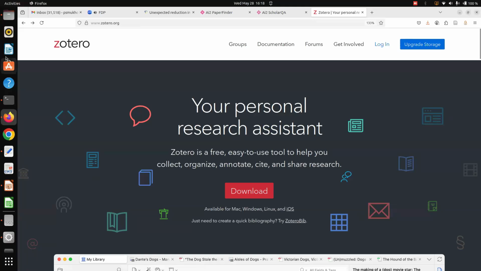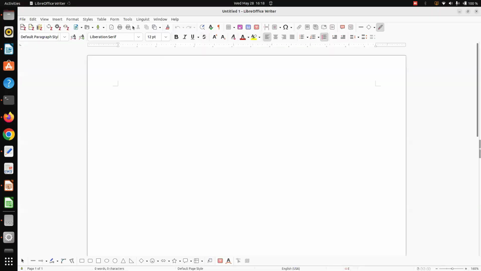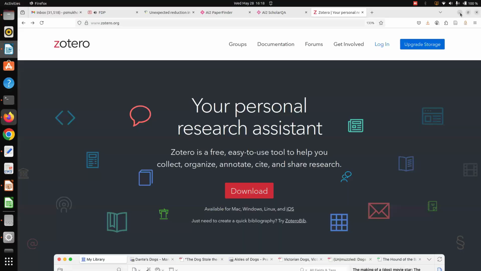And then after your Zotero is installed, you open up your word processor. Zotero will be connected. Like here, all of my icons are there. In case of MS Word, there will be a tab called Zotero. Under the Zotero tab, you will get all of these icons. So your word processor is completely integrated with Zotero.